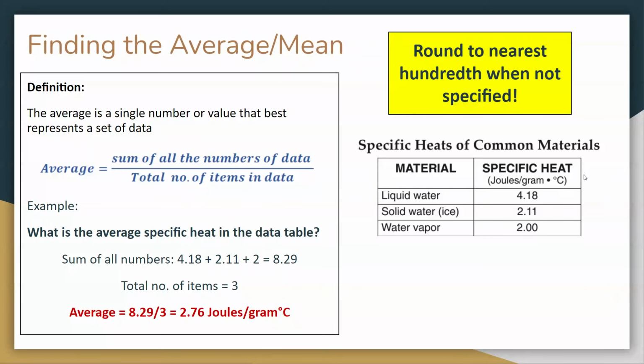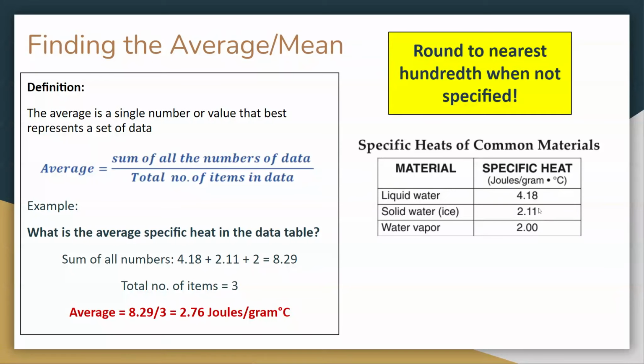This is my data table. I have specific heat and I have different types of materials. So, to find the average of all the specific heat numbers, I have to first find the sum of all the numbers of the data. So add up all the numbers. Let's do that first. The sum of all numbers is 4.18 plus 2.11 plus 2, and that will give me 8.29. Next, I need to divide that by the total number of items in the data,